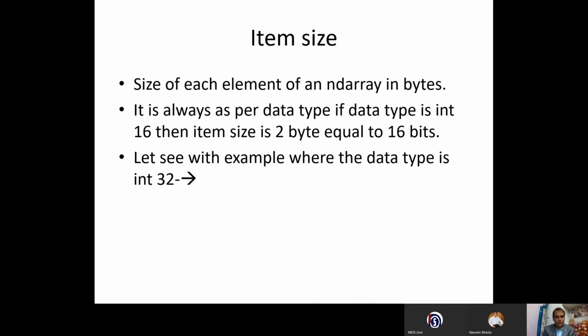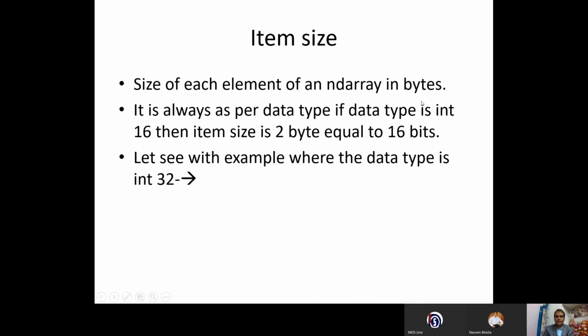All right. Now we will learn itemsize. Size of each element of an ndarray in bytes. Please try to understand. In the next image you will understand the size of each element of an ndarray in bytes. Bit, bytes. Do you remember last classes? Bit, byte, KB, MB, GB, TB, whatever. So this thing you have to remember.